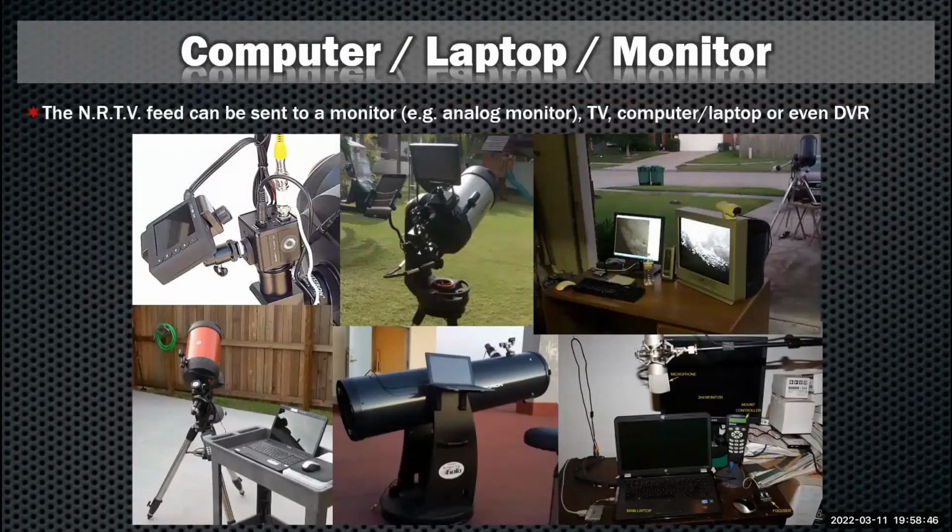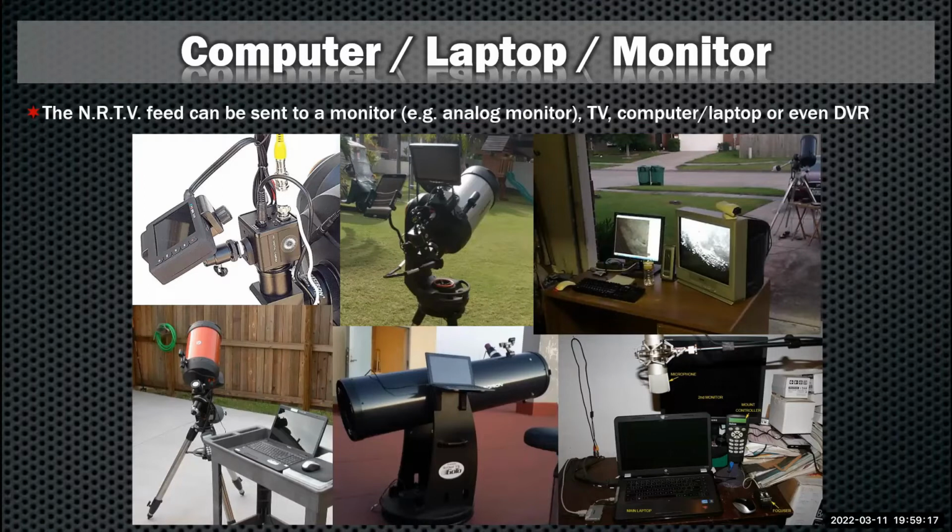You're also going to need a laptop, a monitor, some sort of device to actually see what the camera is capturing. In the very first picture, we see this is the Revolution 2, and it just has a very, very small monitor connected right there. Next picture, you can see someone's got a slightly bigger monitor that's slapped onto the top of their scope, and so on and so on. So we've got other examples, computers and television monitors.